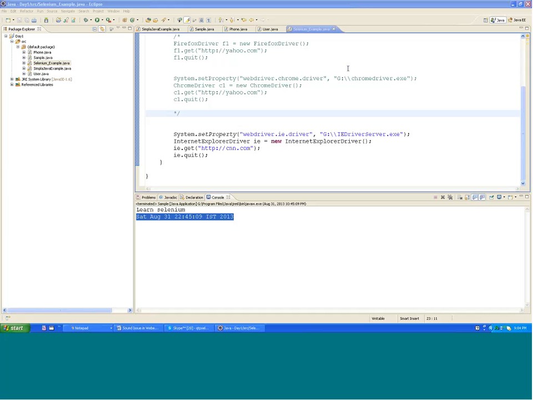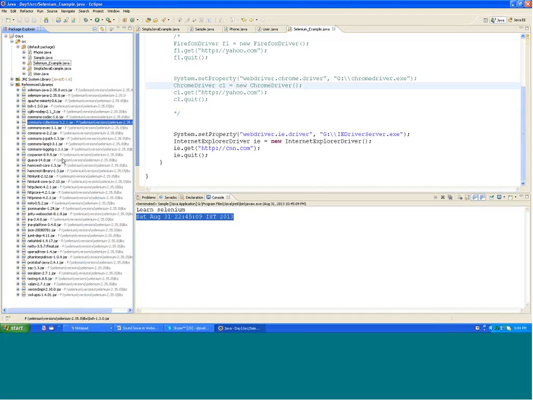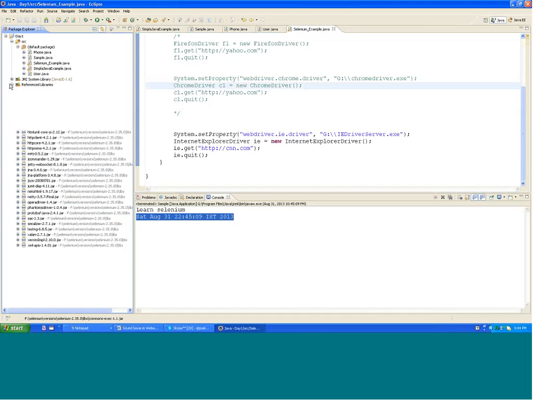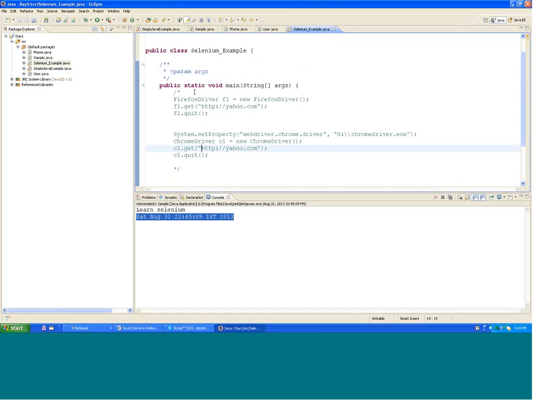Day 2 of the training. In day 1 of the training, I had taught you about the concepts of object-oriented programming, right? I told you how to download the jar files of Selenium, and how to configure the jar files inside Eclipse. After that, I told you how to make a simple Java program in which you create